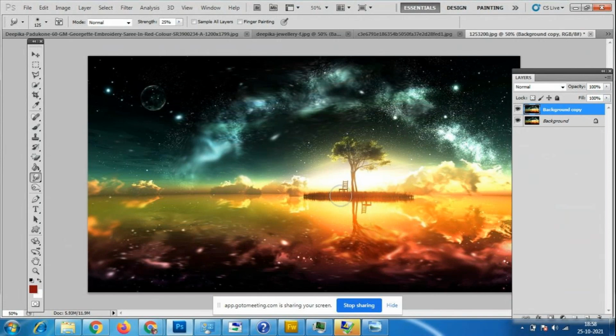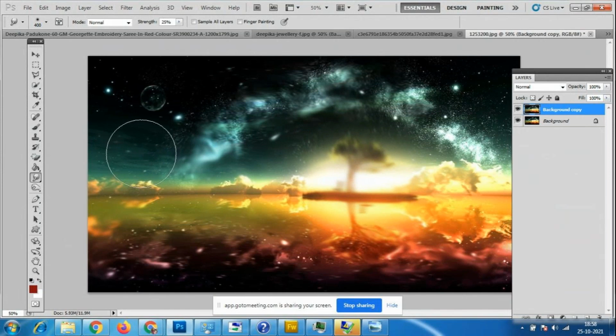So here everything is very clear. If I use this smudge painting too much, the system will become slow. So we have to use this smudge painting very slowly, otherwise the system will hang and the file could get deleted. So we have to use it slowly.